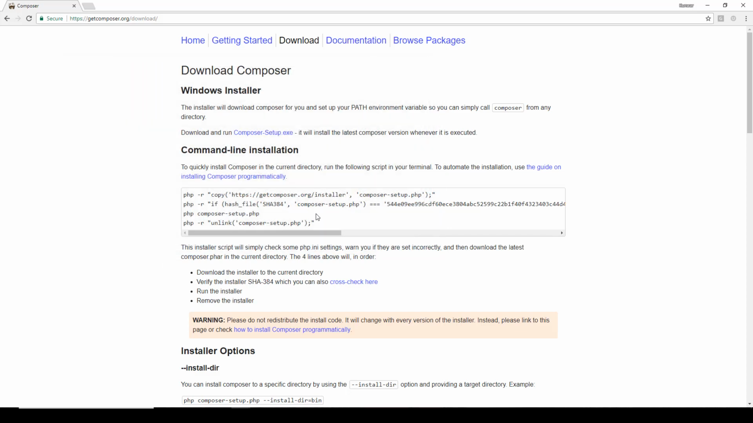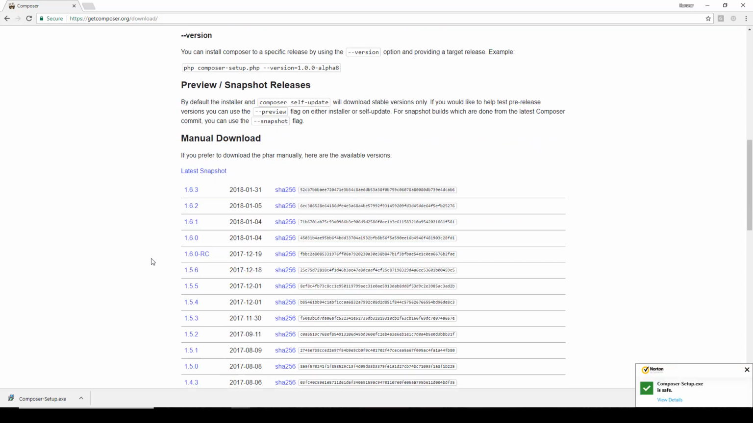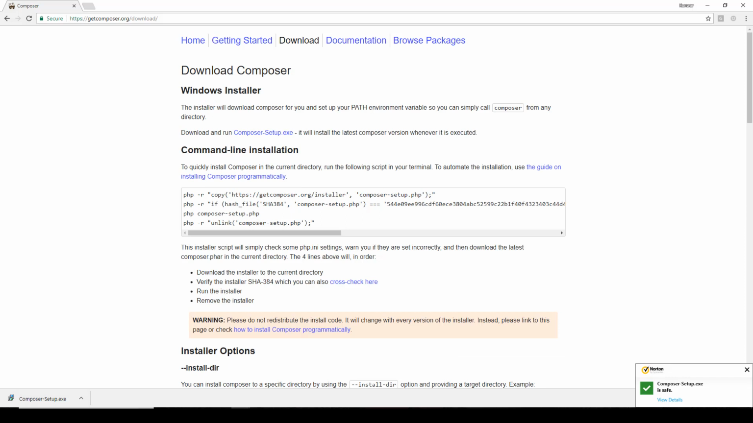What I need to do now is just click on Composer-Setup.exe and the executable will be downloaded. You can also make use of the command line installation as shown over here, but I would recommend going with the Composer setup executable when you're on Windows. For Mac, you can go ahead with this, and if you wish to go for a manual download, you can choose any of the versions available. Now, as you can see, it has been downloaded. Let's click on it,